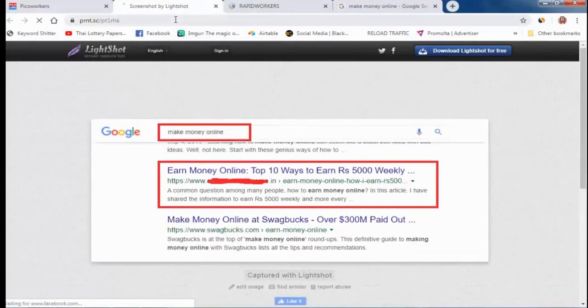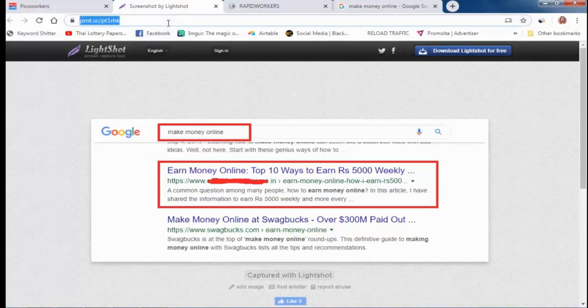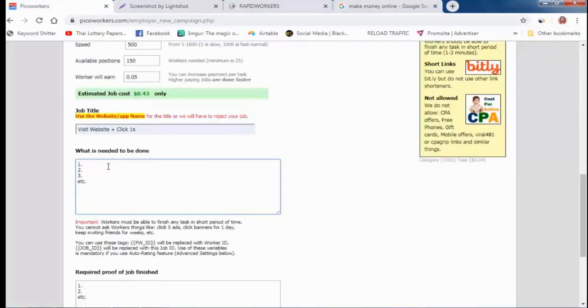Close this one, copy this link. Here, everyone can watch your screenshot, what you need: this keyword, you want them to search this keyword and go to this website. Okay. So copy this screenshot and write the campaign like this.